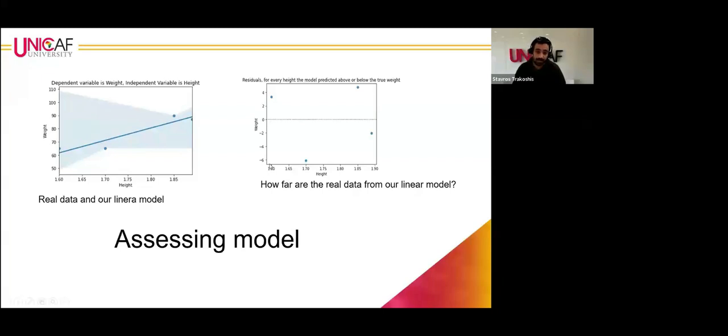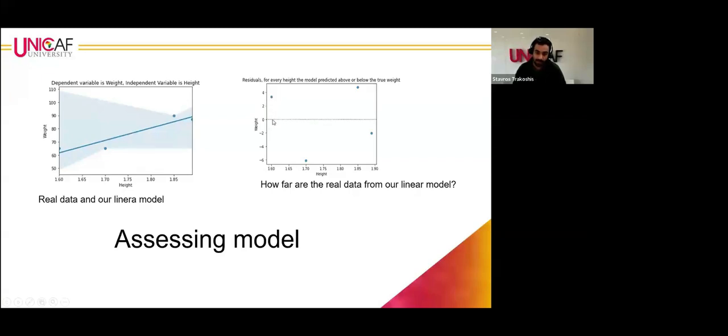So someone who is 160 centimeters in height, if the line predicted exactly their weight, there would be 0 kilograms of difference. But for my data here and this model, the prediction of their weight was around 3.5, almost 4 kilograms